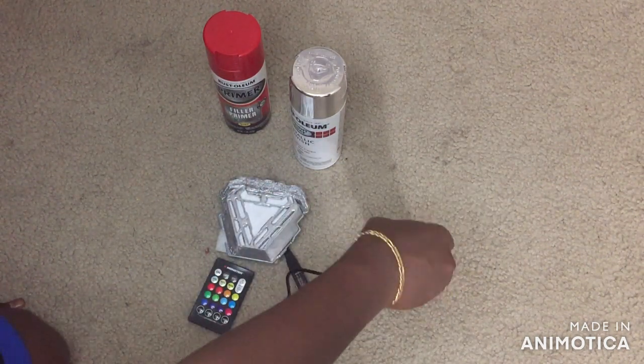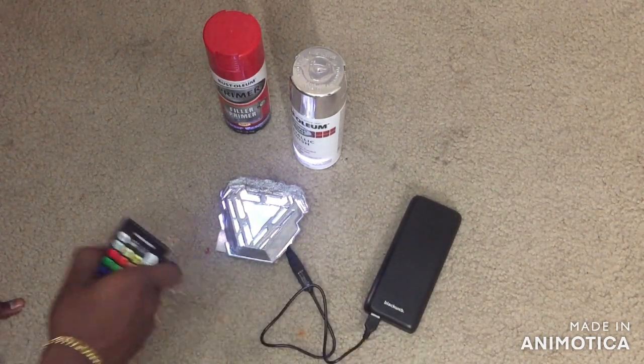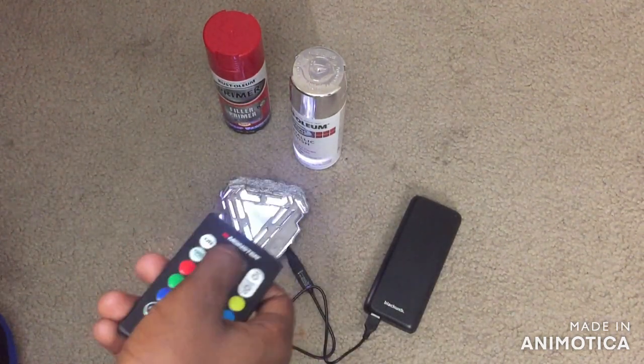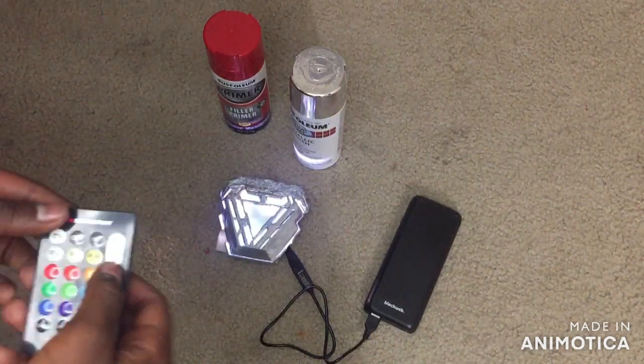Here's our standard 5-volt battery pack. And so look, it turns it on. So here's our remote. I hope you guys can tell the difference. So this is off, this is on. And so we have a lot of